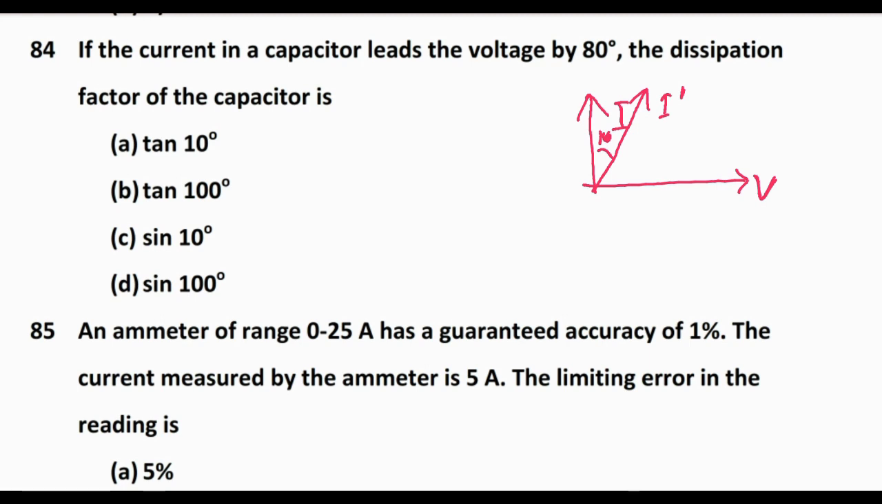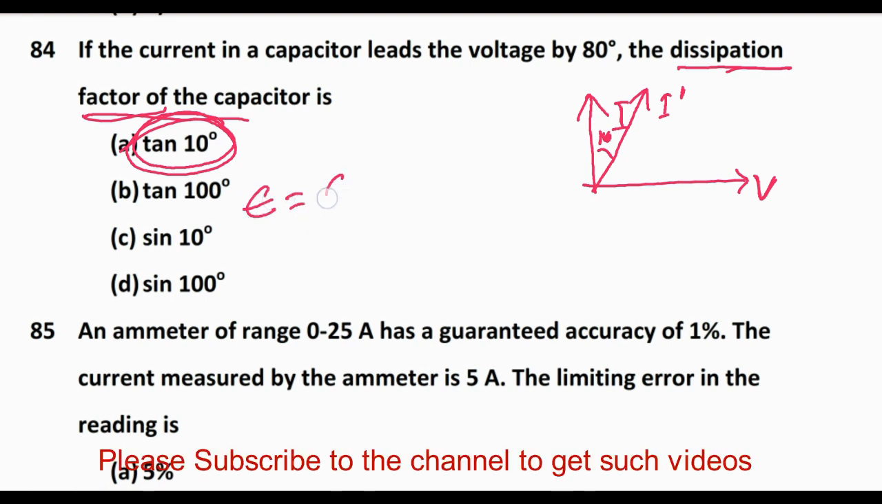So due to this 10 degrees, what will be the dissipation factor? Dissipation factor is given by the tangent of that loss angle. So this is tan 10 degrees, and this is also called the loss tangent, dissipation factor and loss tangent. And this is the permittivity, complex permittivity I am writing. Complex permittivity is given like